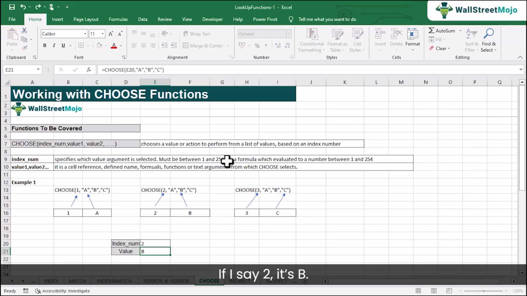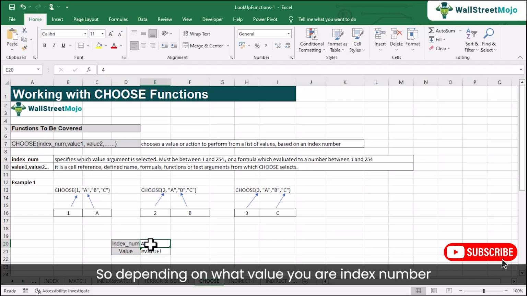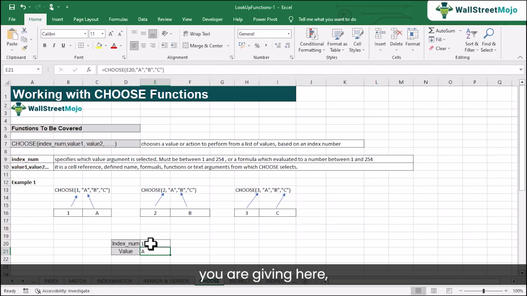If I say 2, it's B. If I say 3, it's C. If I say 4, it's an error, because the fourth value was not given. You only gave values A, B, C, 3 values. So depending on the index number you are giving here, the CHOOSE function will count: oh, it's 1, so it's the first one. It's 2, so it's the second one, and so on. So you just have to make sure